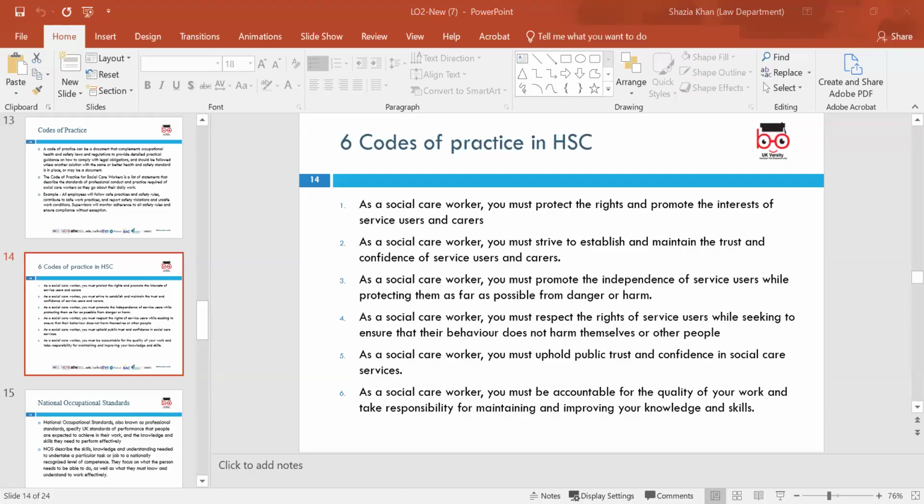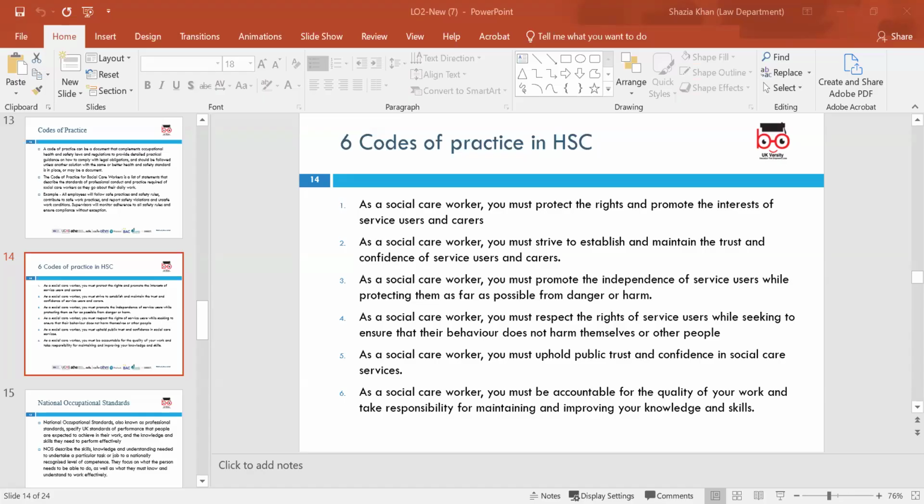Six codes of practice within the health and social care profession are some examples here. As a social worker, you protect the rights and promote the interests of service users. As a social worker, you must strive to establish and maintain trust. As a social worker, you must promote independence. As a social worker, you must respect other service users' elements, and as a social care worker, you must ensure public trust and confidence. There's care, compassion, competence, communication, and courage and commitment, and they are the main